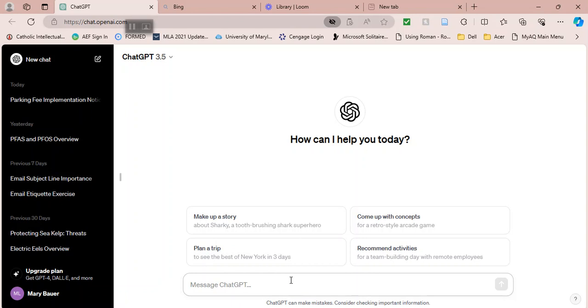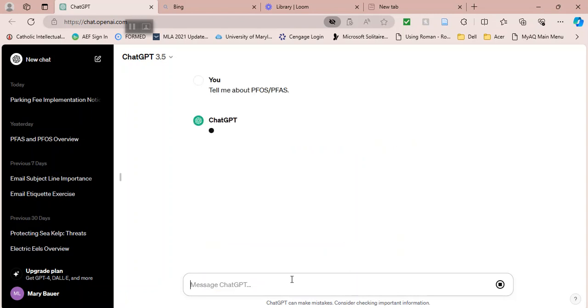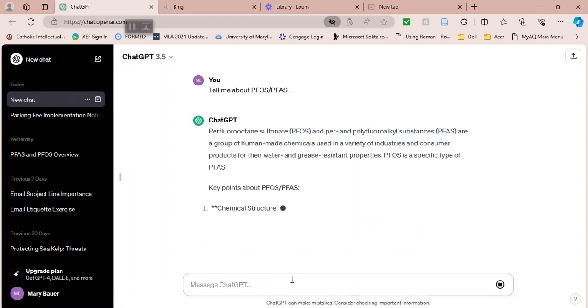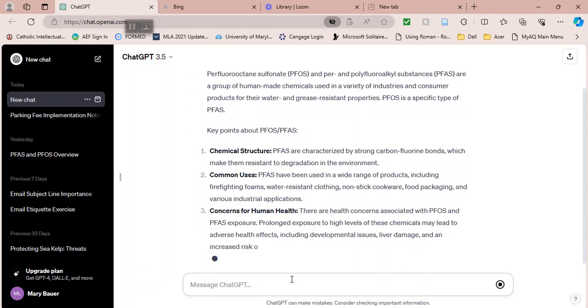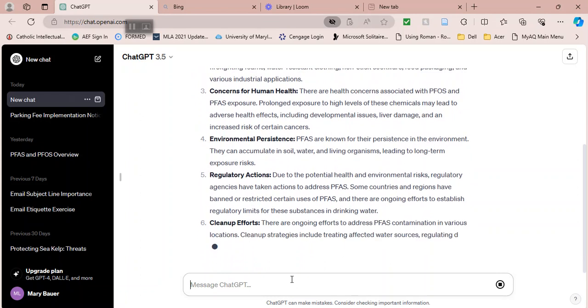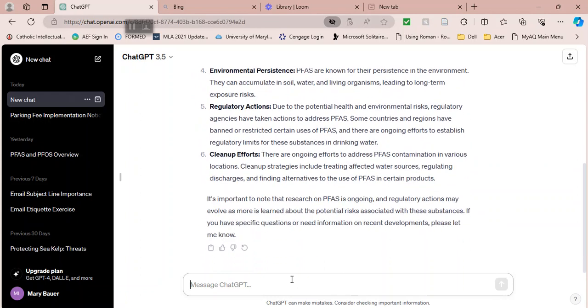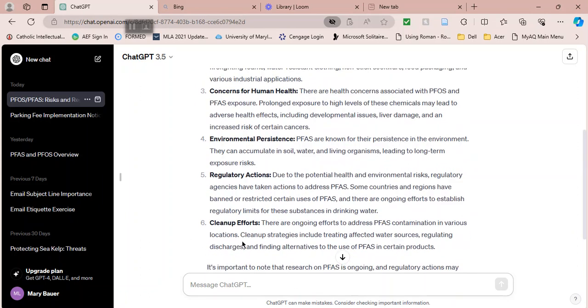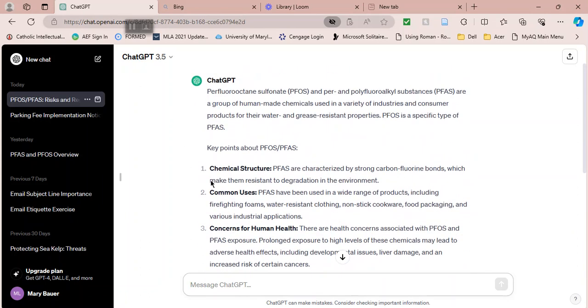So I'm going to start just to get some general background. I'm going to go to ChatGPT here and just say, tell me about PFAS. I don't even know what those letters stand for. Let's see what ChatGPT tells us. So obviously this is not very in-depth information, but it does give me some ideas that there is a human